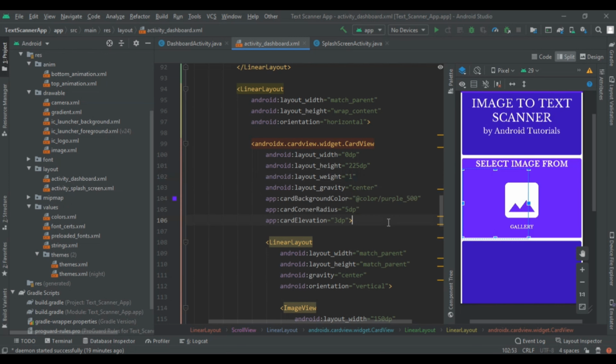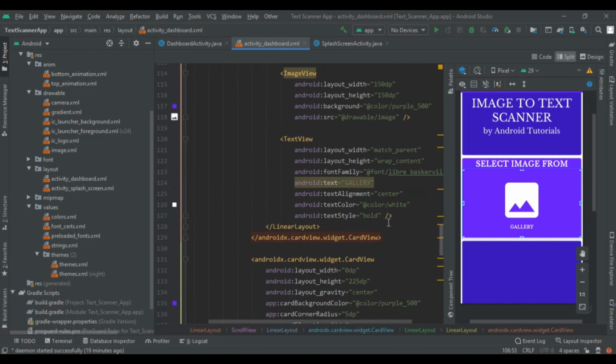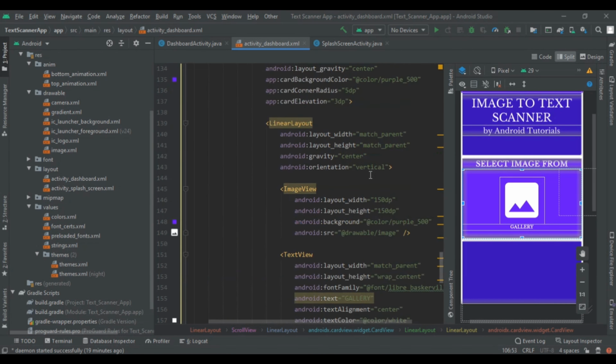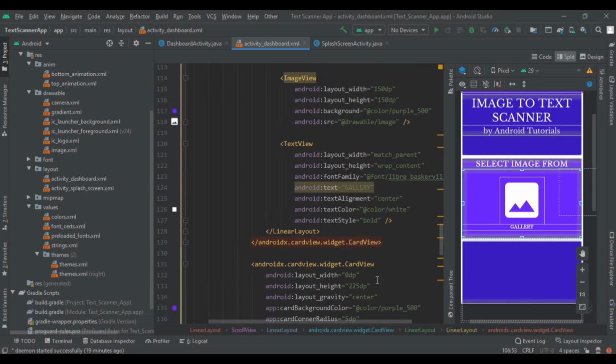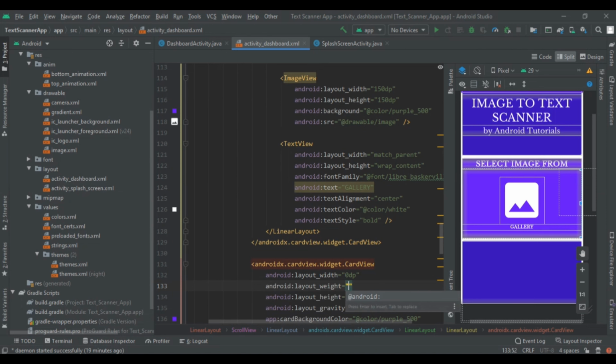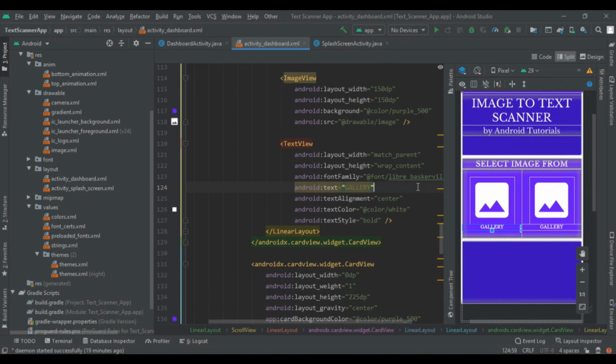So you can see that our gallery preview shows up. Now in second card we have to give weight, so adding weight to be 1. So you can see that now both codes are aligned perfectly.